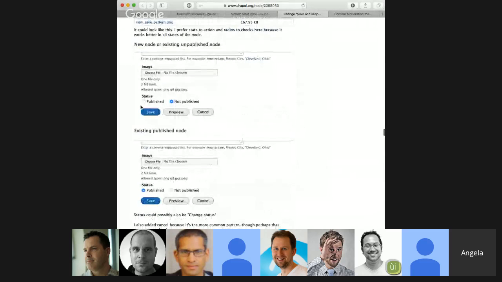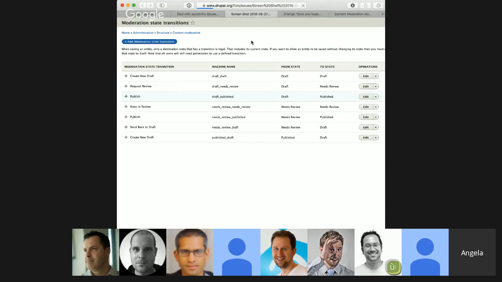Something like this, where right now it would just be published and not published, but in the end we could put published, not published, needs review, draft, whatever, and you'd only see the options that you have permissions to do. But then the button itself would just be saved. That would definitely be one way to address the scalability issue on the buttons, and then I don't think you need the transition human readable name at that point, because there would be nowhere it would be used. Then you don't need this page at all, and the only thing you've got to worry about is the